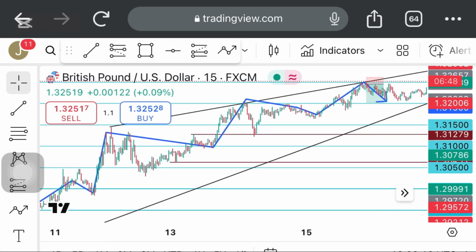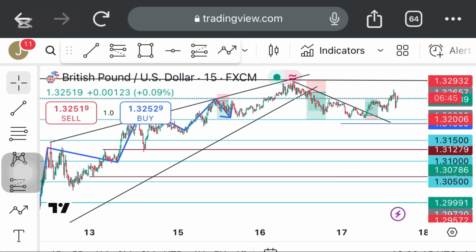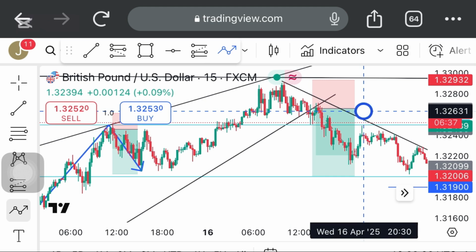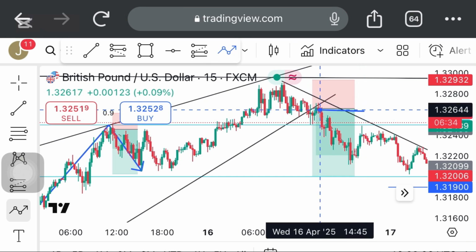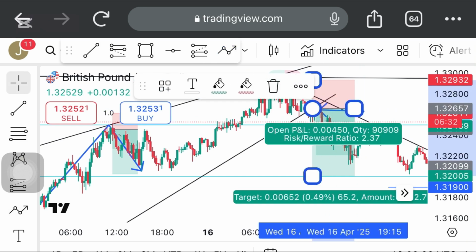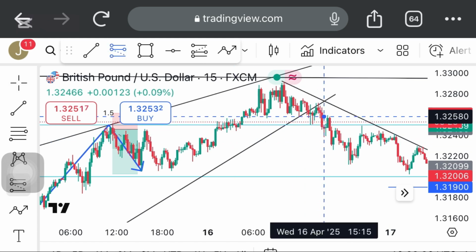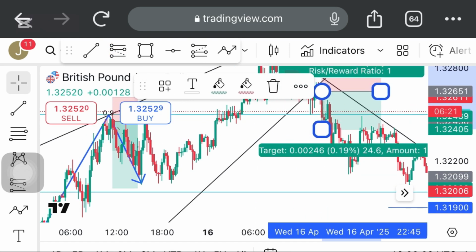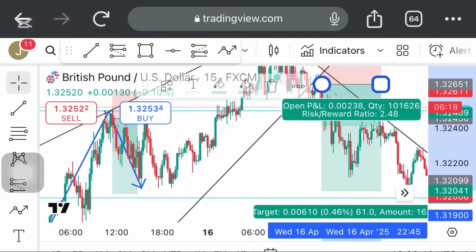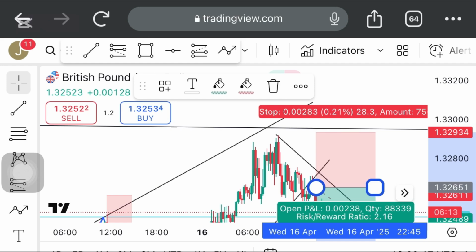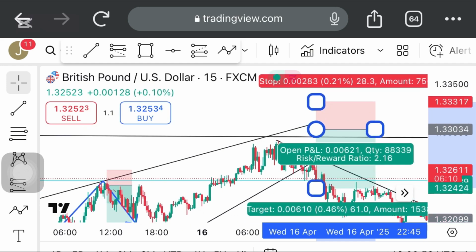After that, I waited again, that if price should break this trend line again, we should be shorting. So as price closed above this trend line and it was coming to retest that same level, that was why I shorted from there. I shorted from here, and my take profit was here. My stop loss was here as well. I used the recent high as my stop loss, which is me risking 28 pips to catch